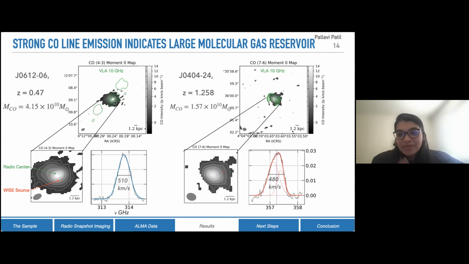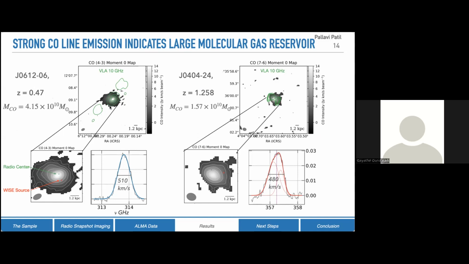I didn't have time to talk about it, but in fact, for this nearby source, we do keep our spectral windows on the HCN line, and we do detect the HCN line for this particular source. So there is an additional line. It's not C I, but